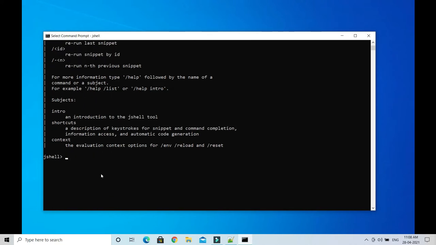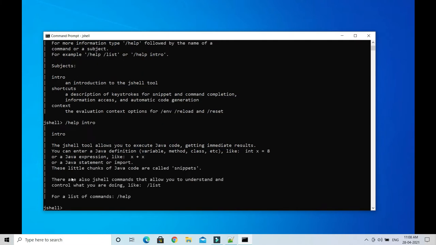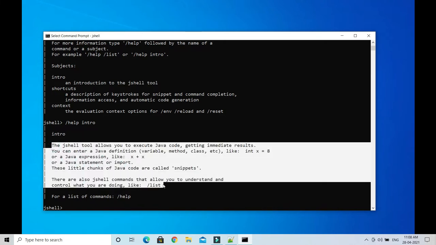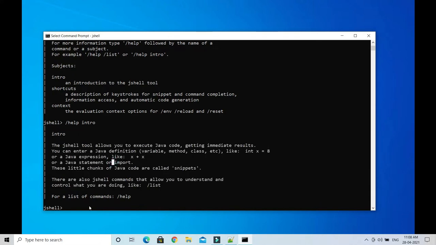Now let's move to the next command. When you ask for help, you can write /help and then intro. If you press enter, this will give you an introduction about JShell, what JShell is all about, so that you can read it. If you want to look at a description of a particular command, you can write /help and then the command name.